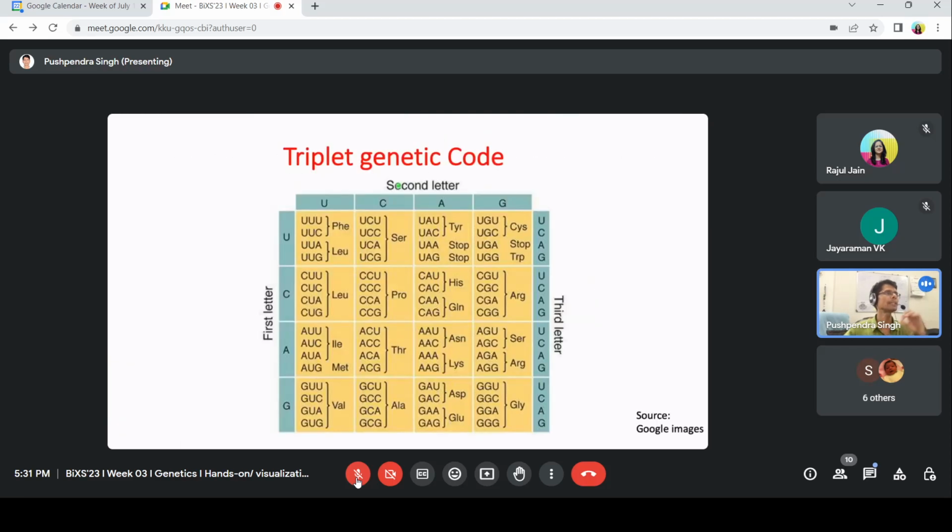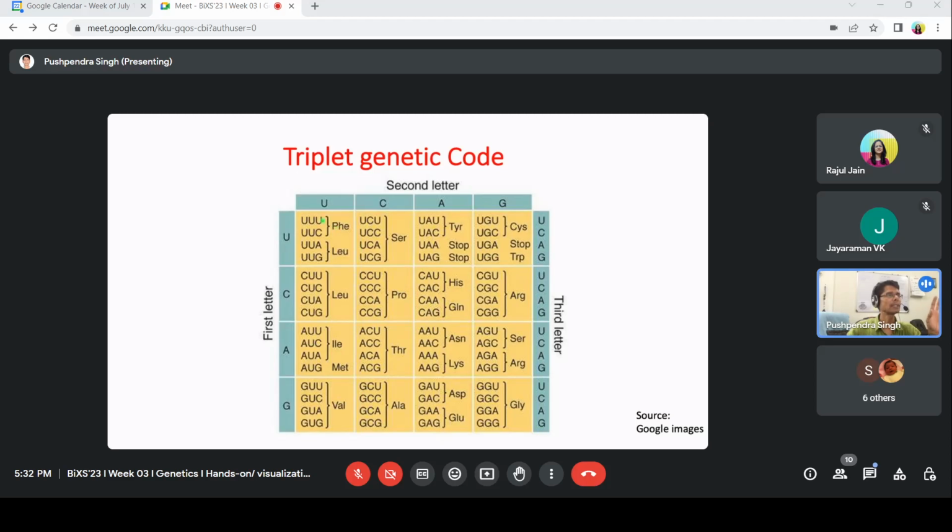So the genetic code is a triplet code, and this triplet code is in the form of RNA, because DNA is converted into RNA and then it is converted into protein. So when these four letters come in different combinations and in different orientations, they can form 64